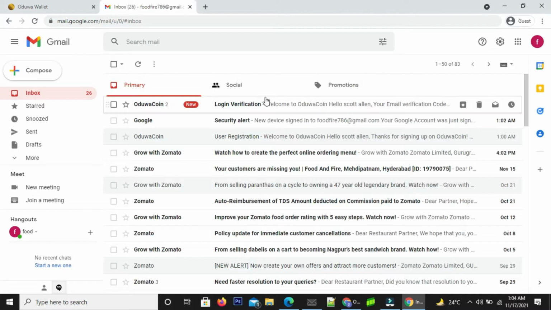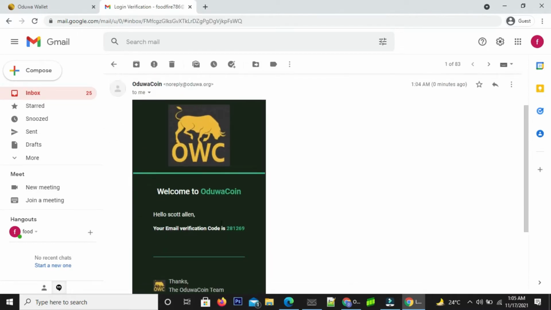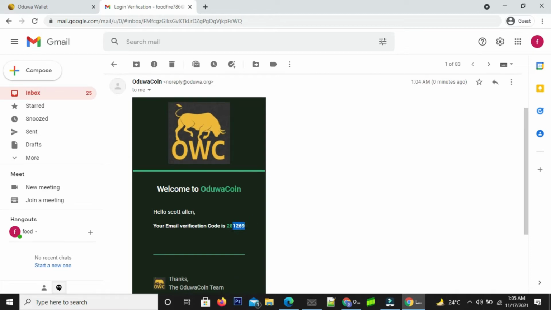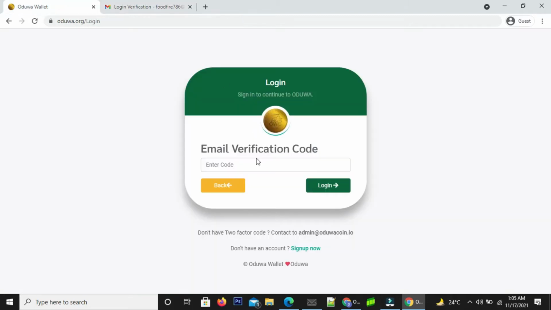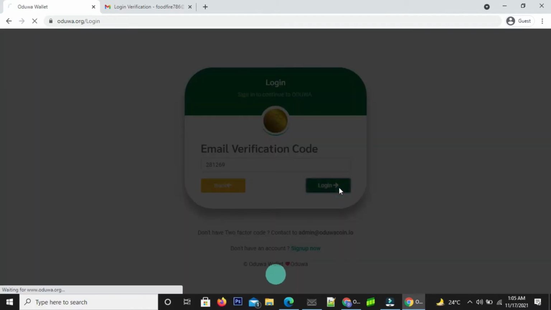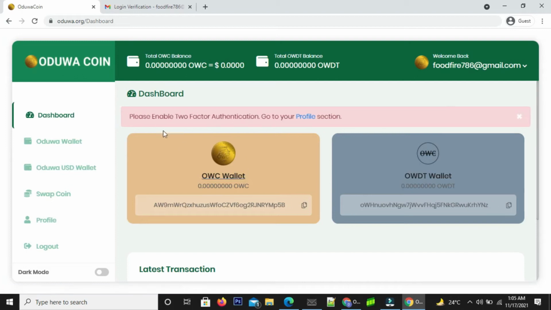So you see Oduwa coin, I received the second mail with a confirmation code, the email verification code. So this is to verify that I am the user who is logging in. I pasted the code here, and now I will go to the profile section and show you how